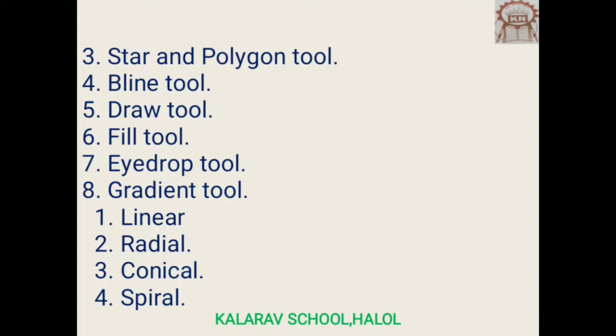Fill tool. The fill tool changes the color of objects. To fill a color in the object, select the color from the color palette. Select the fill tool button and then click on the object. This tool has an effect on the following layers: circle layer, rectangle layer, polygon layer, star layer, region layer, outline layer, checkerboard layer. The other layers are not affected by this tool.